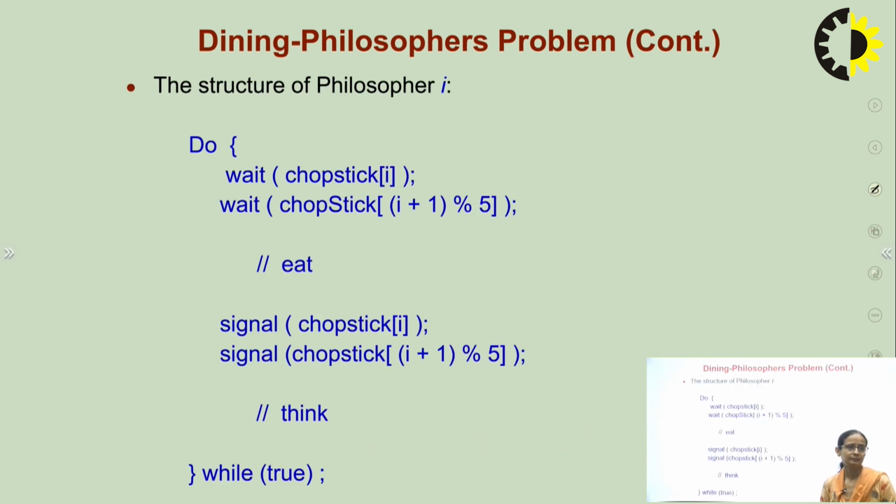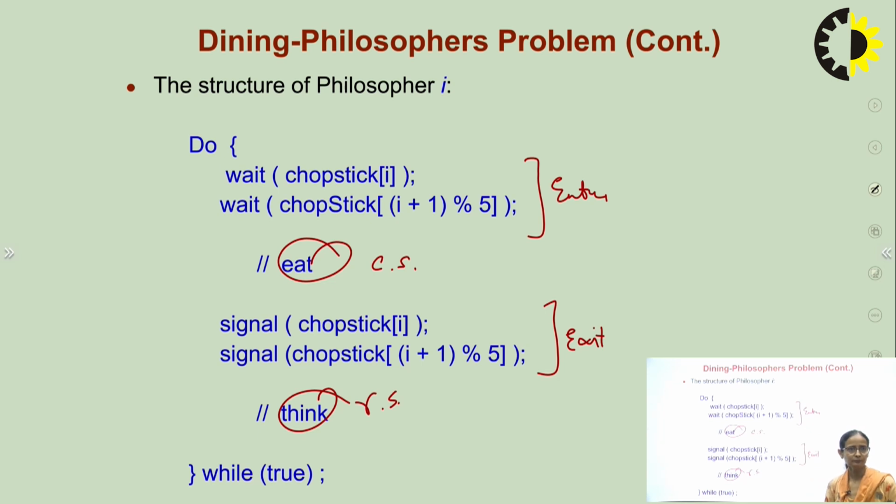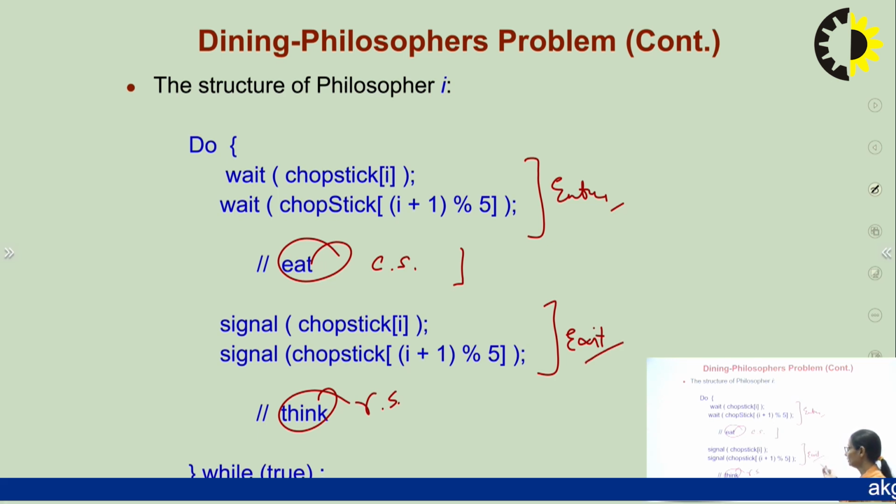So this is the structure of philosopher i. Here is the eating part, that is the critical section, and this is my entry section, and this is my exit section, and this is the remainder section. So before entering into the critical section, the code of the entry section needs to be executed successfully. Similarly, when the critical section code is executed completely, then this particular code needs to be executed,